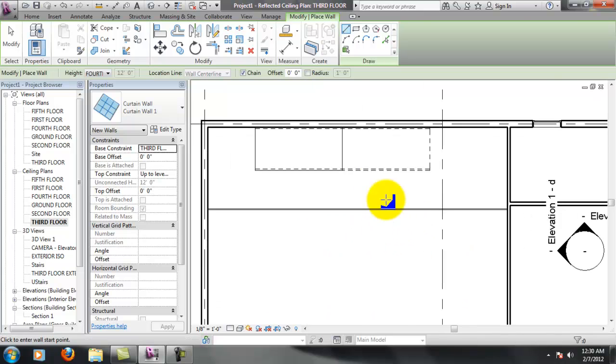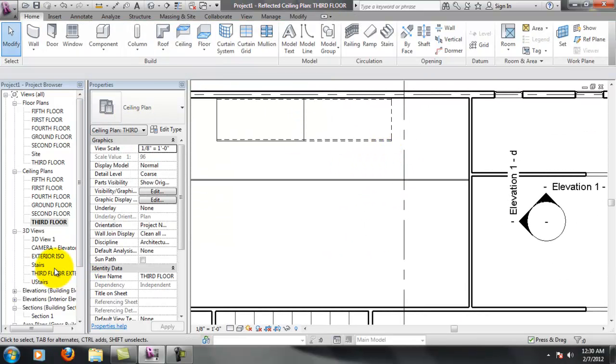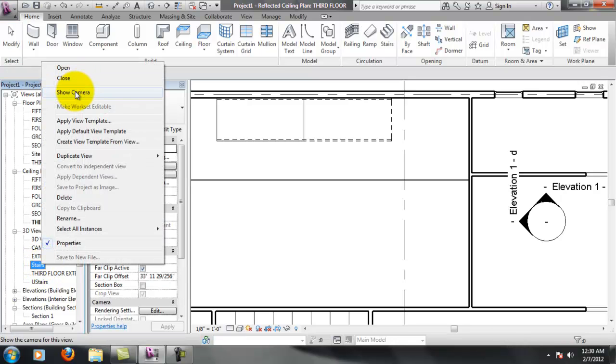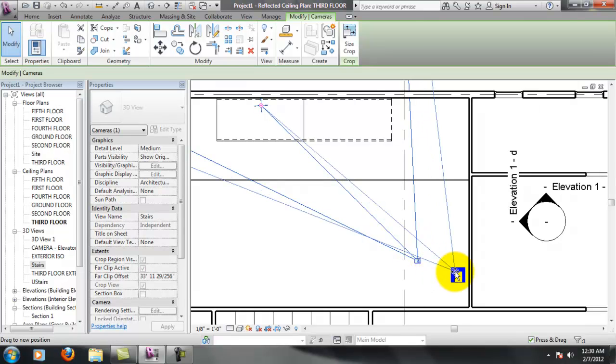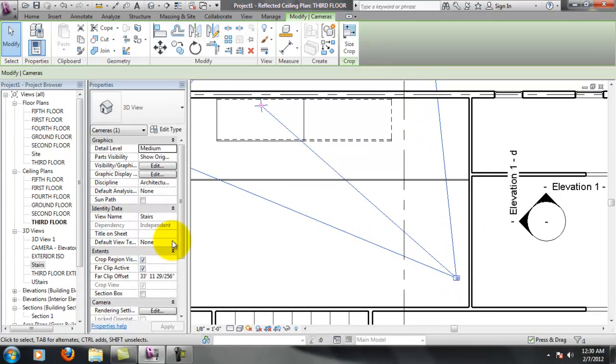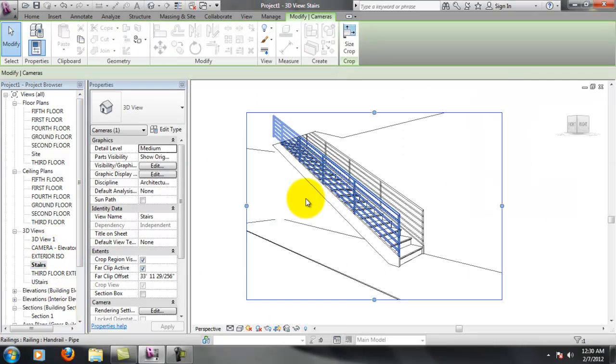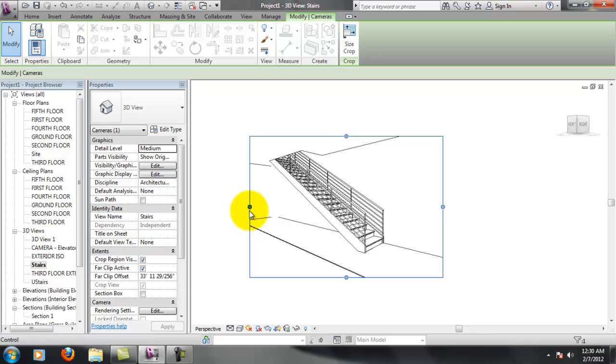Alright. And let's see, where's my camera? I'm going to camera stairs. I'm going to select that and just hit show camera. Okay, good. I wanted to make sure my camera was on the other side of the curtain wall so we can take a look at it when we need to. So you can see that transparent wall is now added. However,